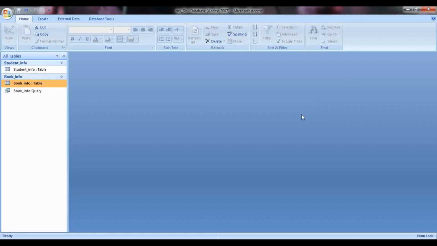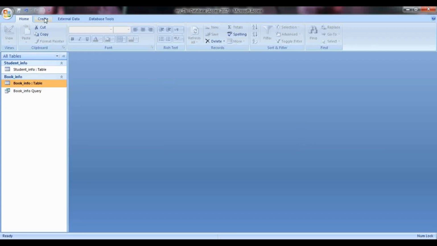Now let us come to the second part, that is creating the forms. So what do forms do in Microsoft Access? Forms in Microsoft Access make it easy to view existing table data and even to add new entries to the data. Every time you don't have to switch between the datasheet view and design view of the table to enter the data or to view the data. Simply by using forms, you can modify the data and view the data in a much more effective way. Now let us see how to create such forms.